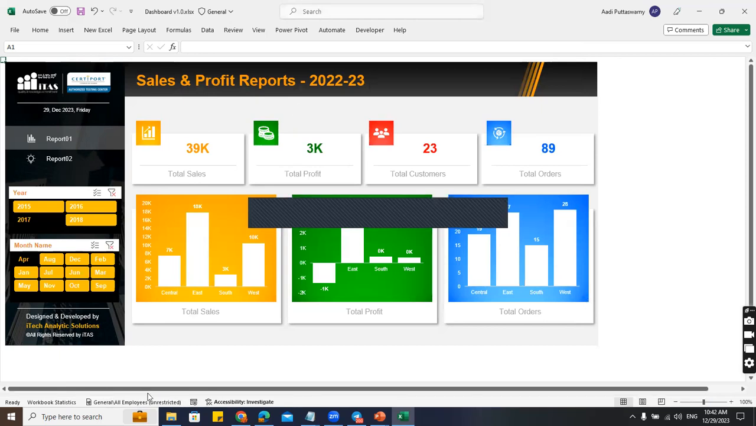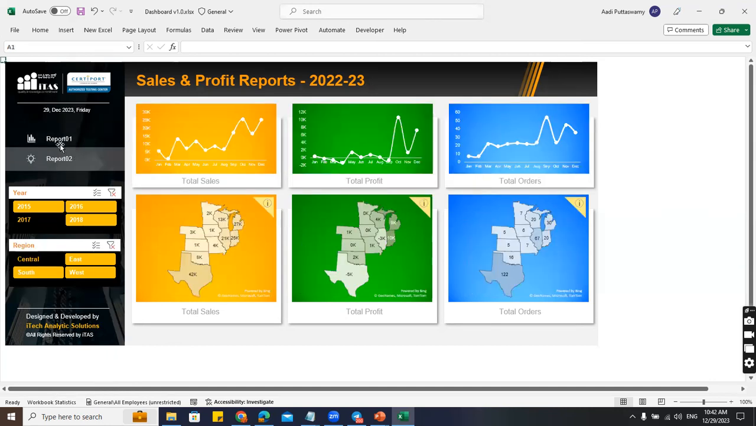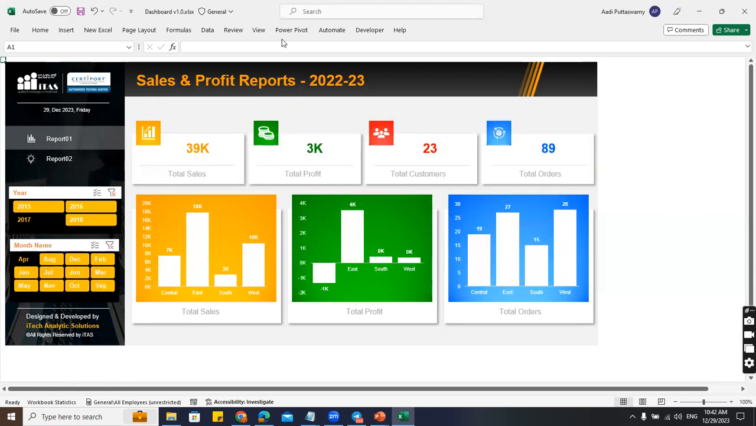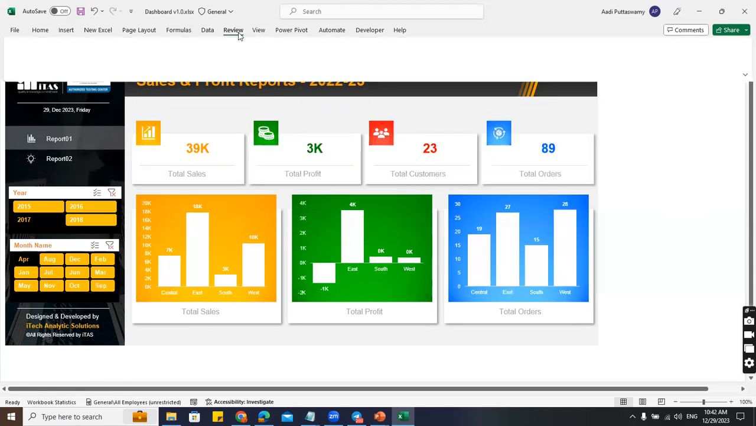I can see that we don't have the sheet tabs here. That means the user will not have access to go and select by sheets. Now he has to go here and click on this one, like this. Right? Okay. Next, what we'll do, finally, you have to go here to this review, and here you can see